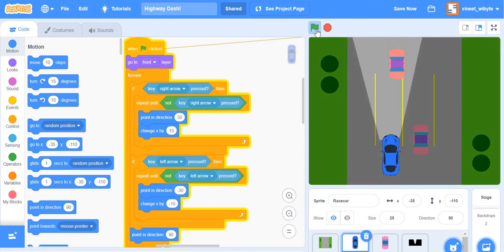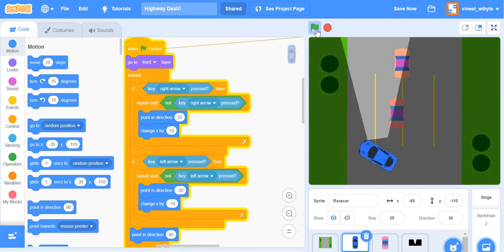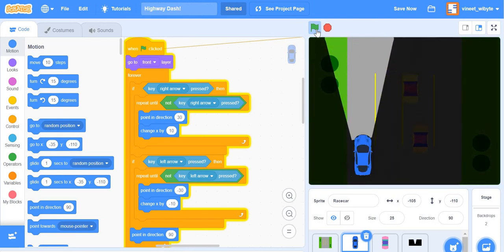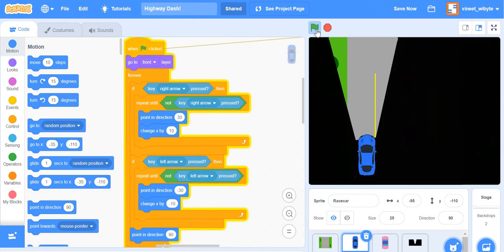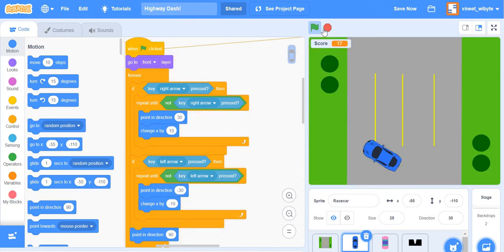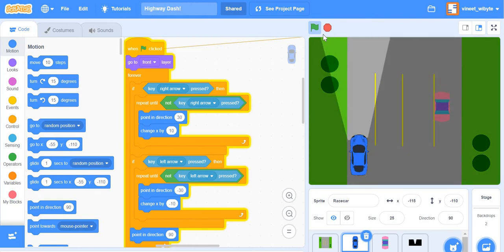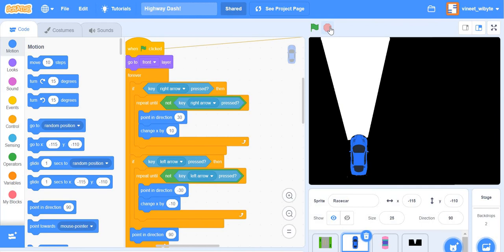However, notice what will happen when I click the left arrow. I'll click the left arrow, let these two cars go away. And then when I click the right arrow, notice it looks really odd while turning, right? The car direction is completely off. So if I click left arrow and then click the right arrow, it's no longer the natural turn that we were expecting to get, right? So the question is what went wrong and how do we fix this, right?